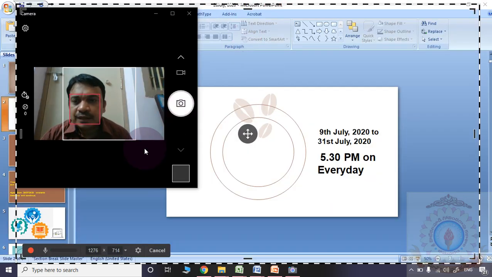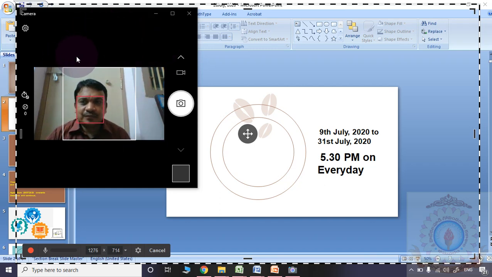So simply I opened the camera app from my computer. So I adjusted that particular window to this place. Is it okay to everyone?